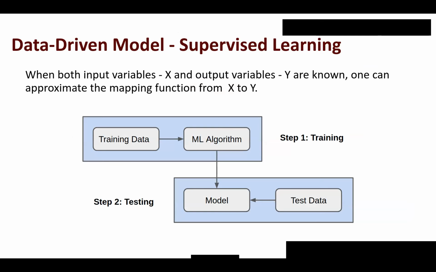But for a data-driven model, you have data, you have a machine learning algorithm, for example, the neural network structure. That's all you need. You get the data, get your network, you train your model, and then test it. If the model gives you a result with a certain accuracy that satisfies your requirements for your application, you're done there. If it's not, then you probably need to collect more data, adjust your neural network structure, and do more training, until you reach the final model that can give you